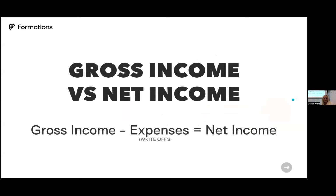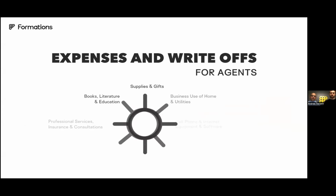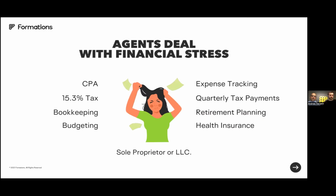So from what I'm hearing, it sounds like some people have LLCs, PAs, are kind of taking steps towards incorporating. Also, hi, I'm Isaac. I've been at Formations 3 years, and I was not a broker or an agent, but I have experience being self-employed. And to Andrew's point, really understand what's lacking in the self-employed space. Our ethos here at Formations is being a full-time soloist involves so many things. To be a high production, high volume agent means that you're the CEO, the CFO, the CMO, all the C's, right? And one thing that falls short very often,